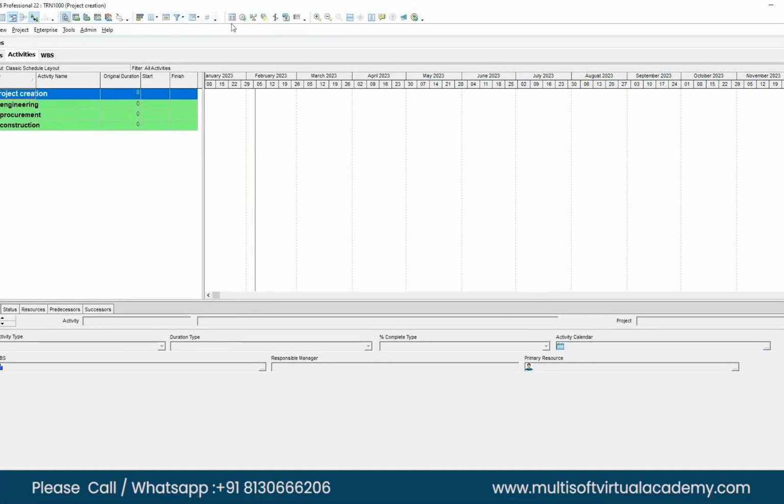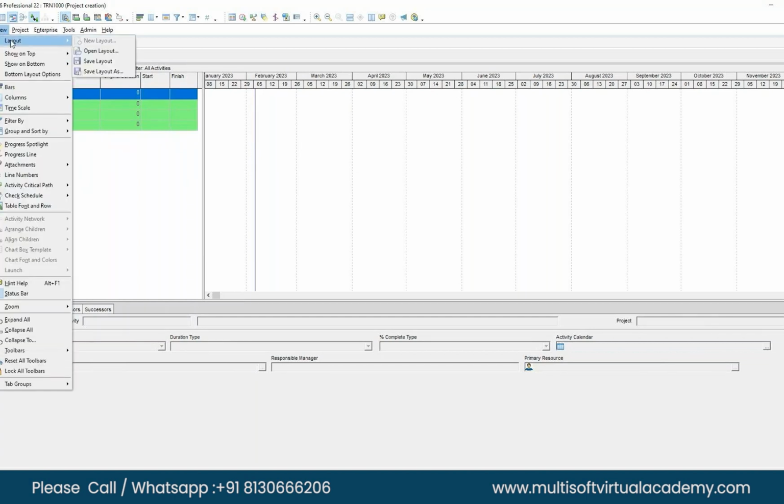Drag it, when you are changing there, it gets moved up one step. I will show you. Now, Leif, you had done this layout. Now we want to save this layout so that next time we do not need to do so much effort to do the adjustment. So you can go on the view, layout, save layout as